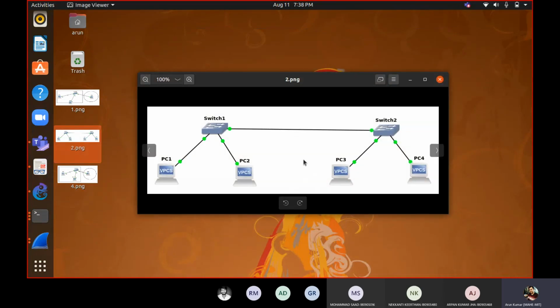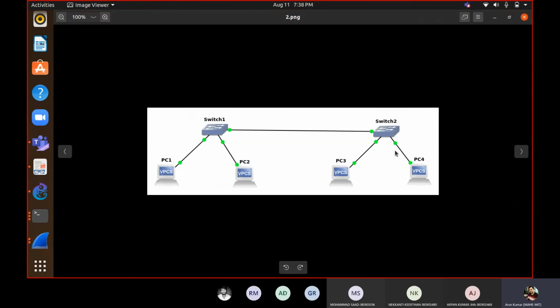This thing also I have done. Next, what you have to do, you have to use this topology. Take two switches and 1, 2, 3, 4 PCs and check the connectivity first. So in what order can you give the IP address?